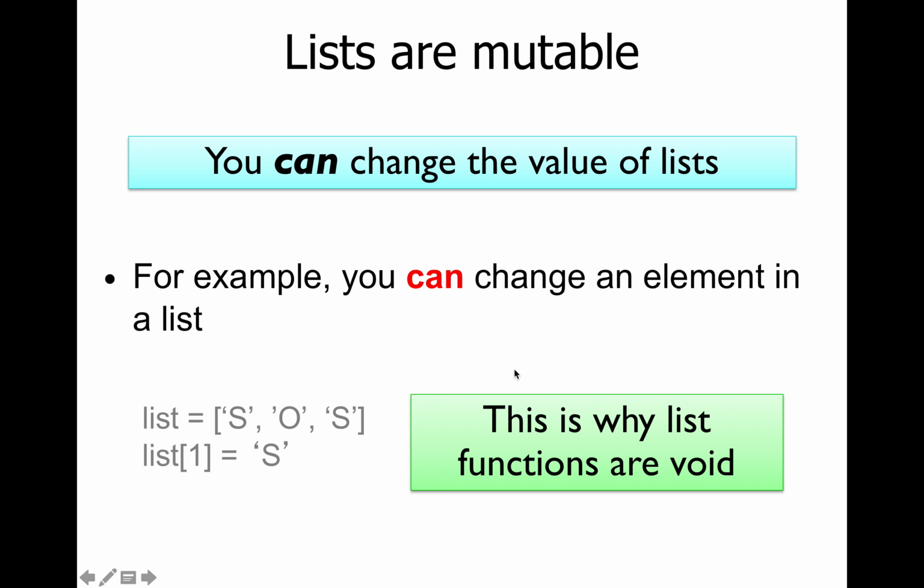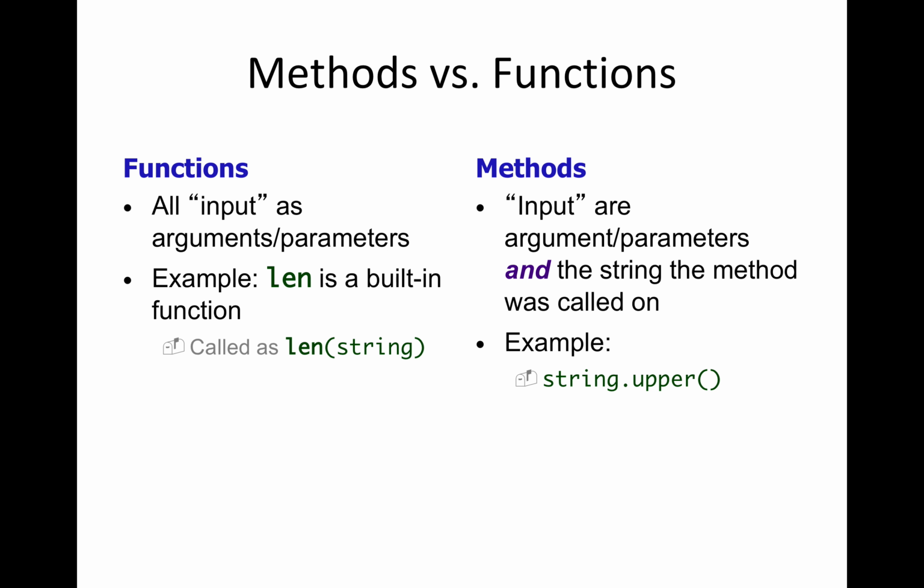And so the list functions, which you may not have used yet, but which we're going to use now, are all void because they operate on the list underneath. Just one thing to note, functions and methods. Sometimes you might have heard me switch these words every once in a while, but predominantly we've been working with functions. Technically, there's two types of functions. There's functions and then there are